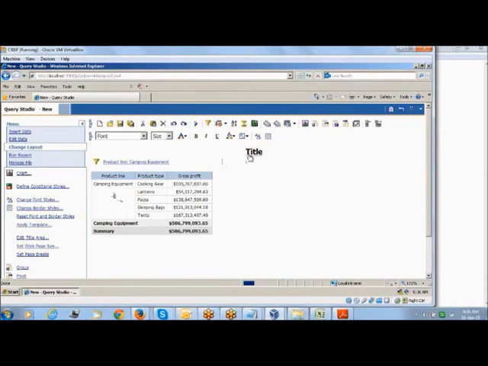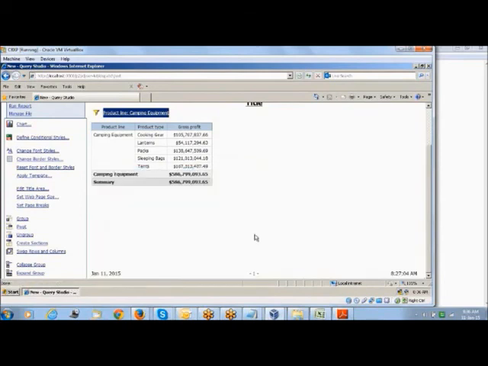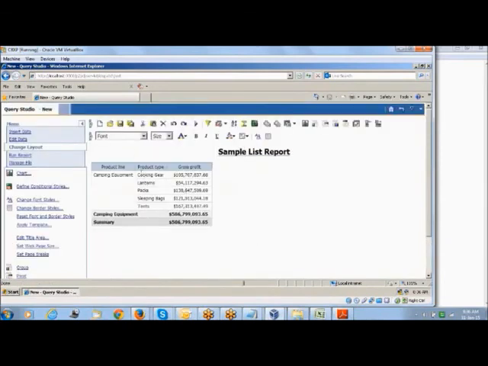Also, I can include a title. I can change the title. For example, product line camping equipment is there. If you feel that it is not looking good, if you don't want to show the filter, you can undo that one. You can remove that one and click on OK. So the filter that will not